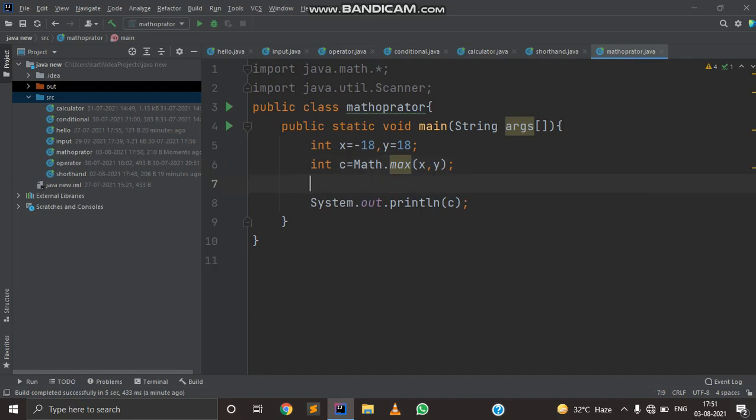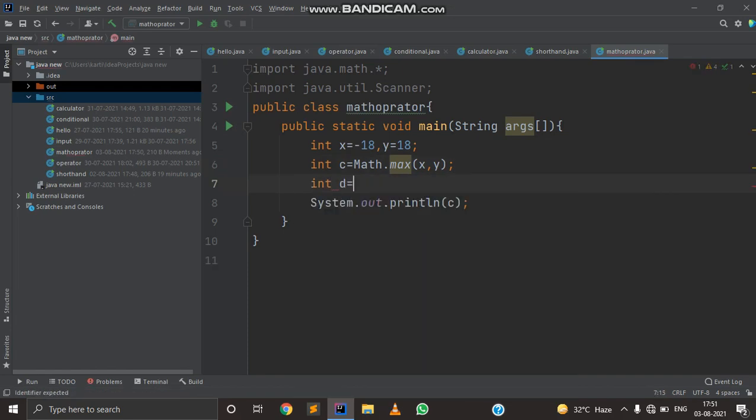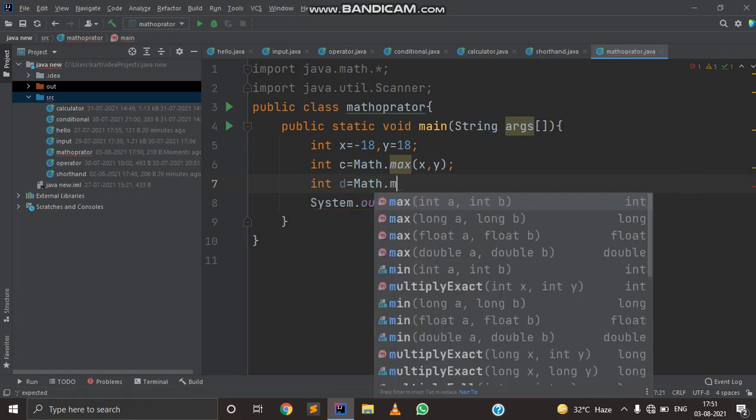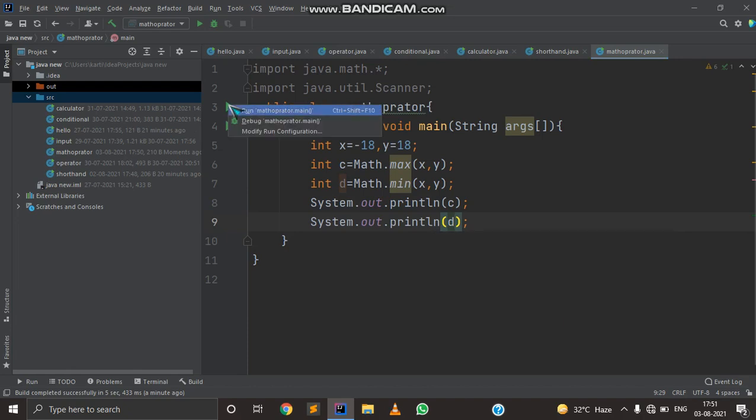Now I'm going to talk about one more method, Math.min. Math.min returns the minimum value of two arguments x, y. Going to print the same thing, copy this and return the same thing in d. Now run this program.